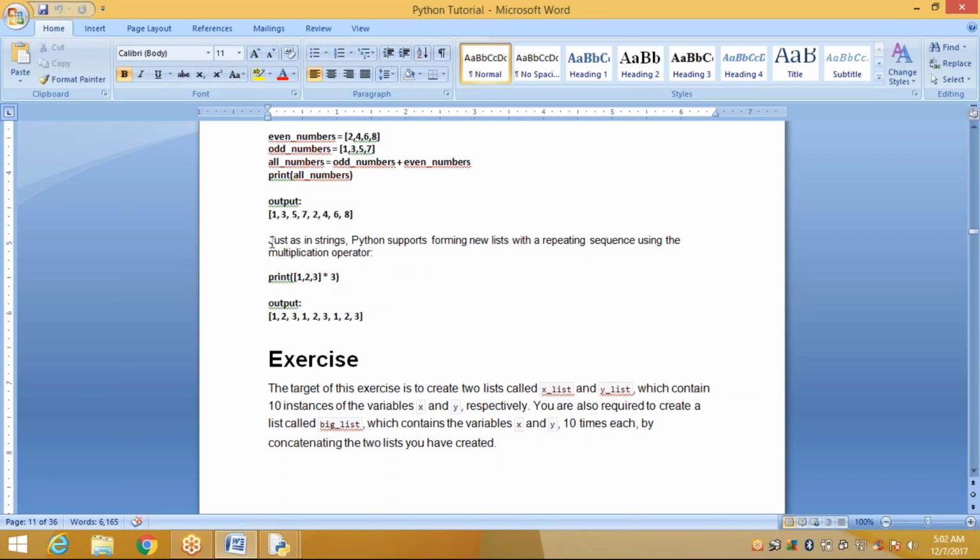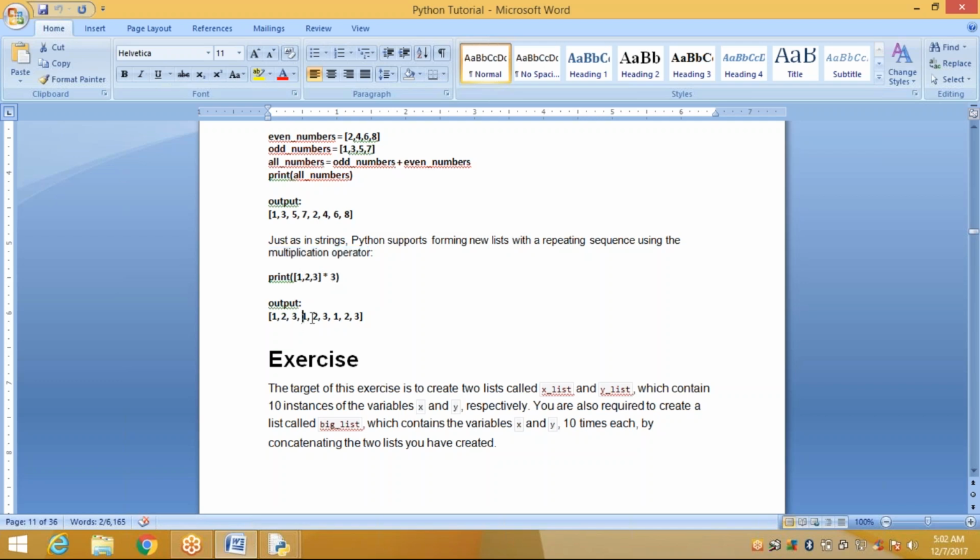Next, just as with strings, Python supports forming new lists with a repeating sequence using the multiplication operator. How to do this? Print [1, 2, 3] into 3.